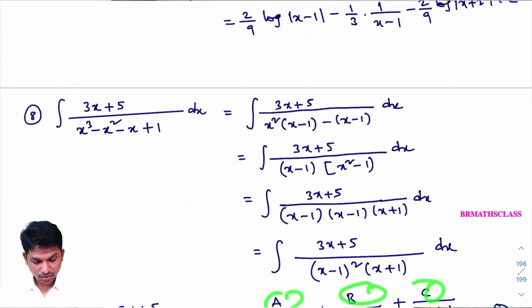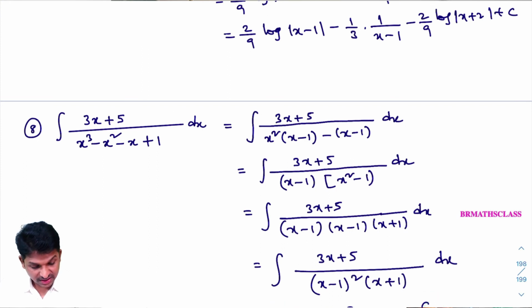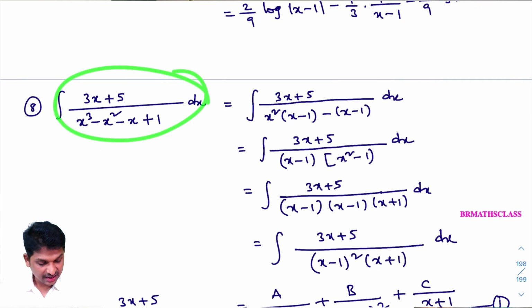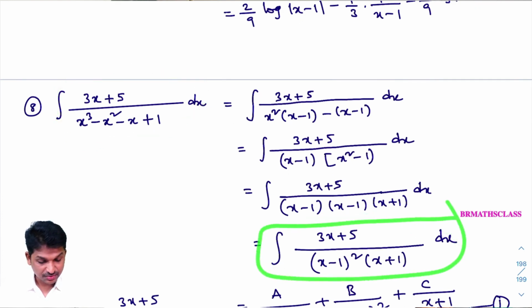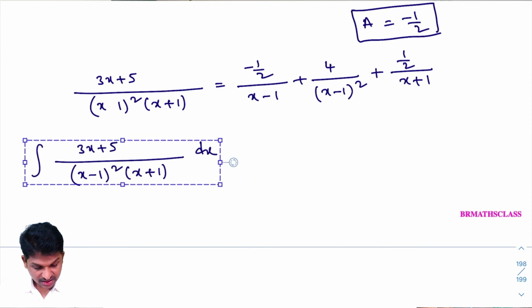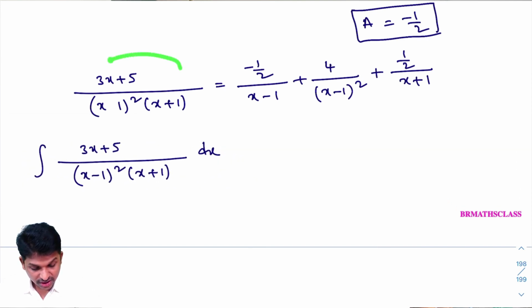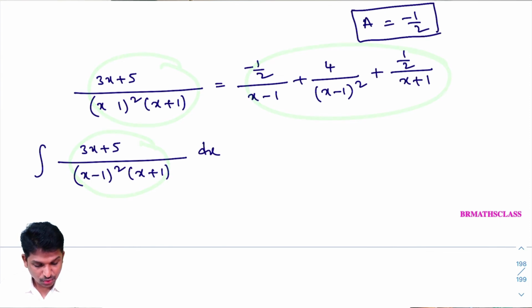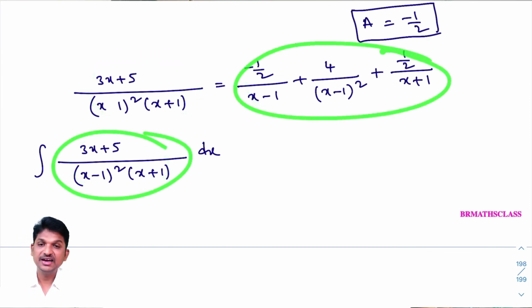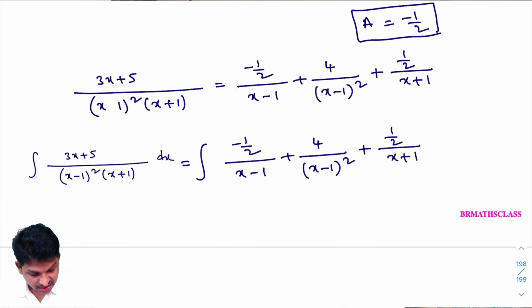Okay. Actually, what to integrate? Look here. We want to integrate this one. I came to know that this is the same as this. That means now I want to integrate this one. Now, you came to know that this is the same as this. Now, what I'll do, in place of this expression, I'll write this. I hope you are understanding. Okay. Equal to integral of dx.